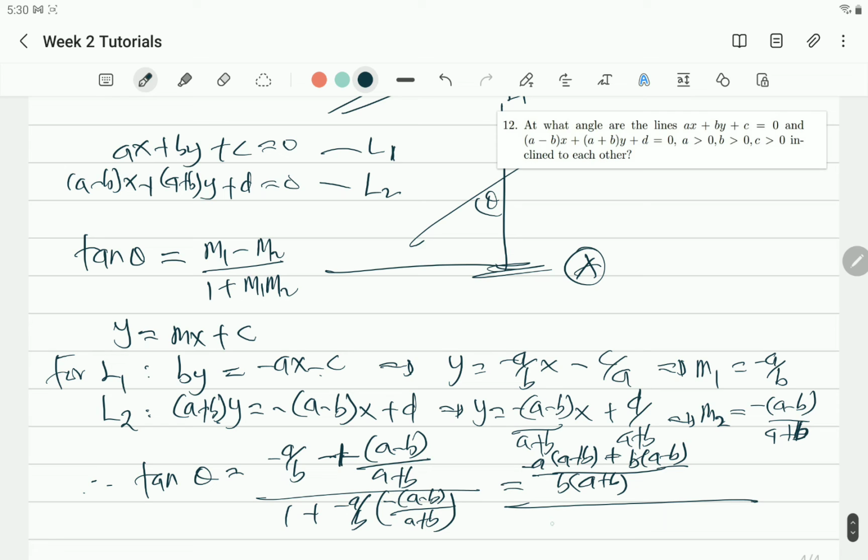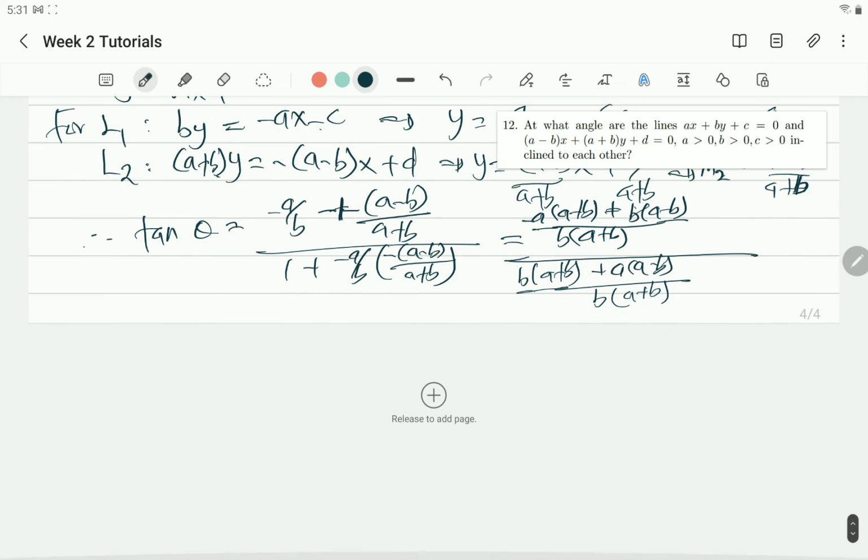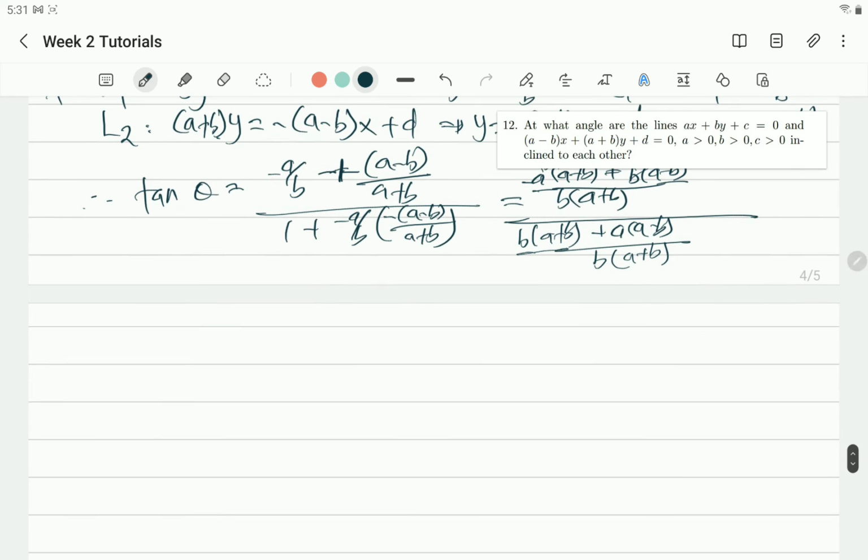So at the denominator here too, we would have the LCM to be b into bracket a plus b, then the first term is going to be just b, a plus b, and the second term, the two of the negatives there are multiplying, so we would have a into bracket a minus b. So from what we have here,